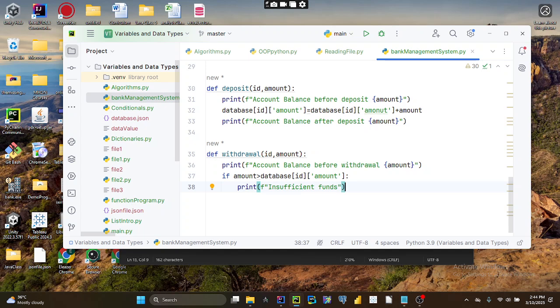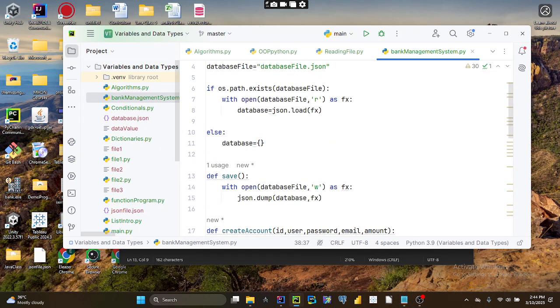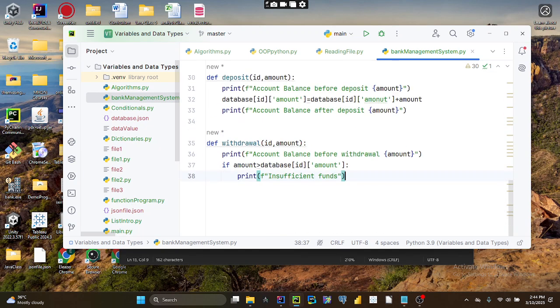Insufficient funds. Now the OS module, of course, we don't want to exit the program. We want to still be in the program. So, we need to